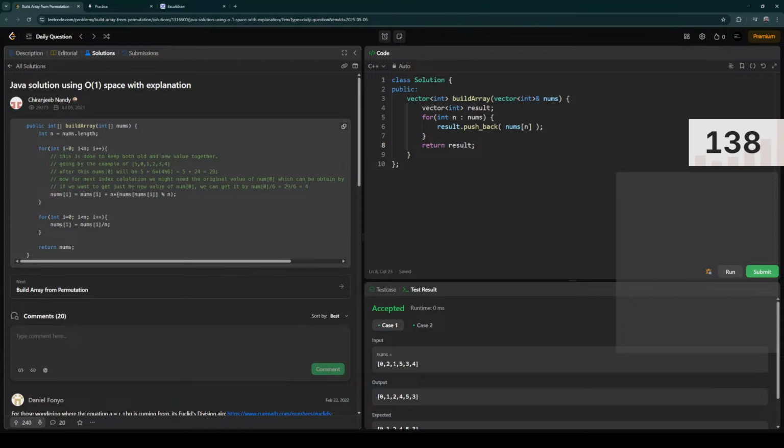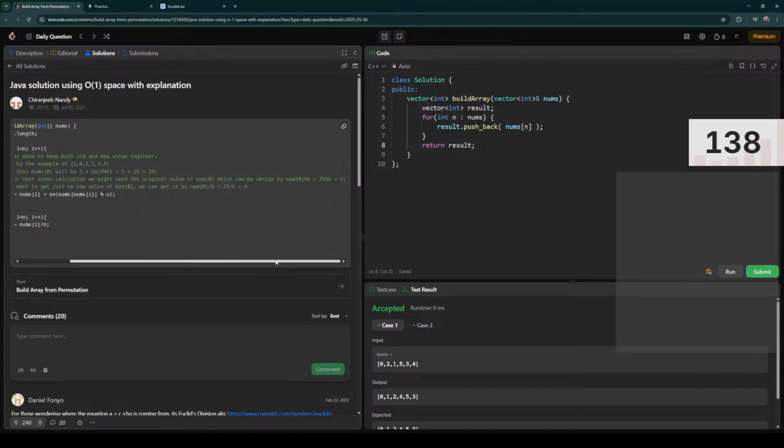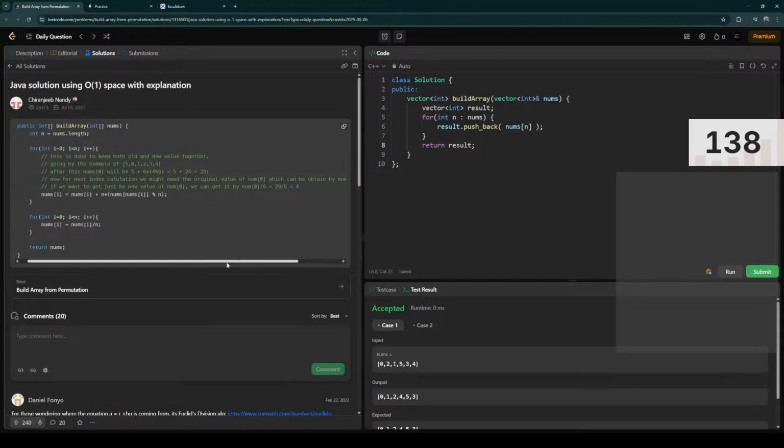Nums of i mod n will always be just nums of i, right? So he's saying add